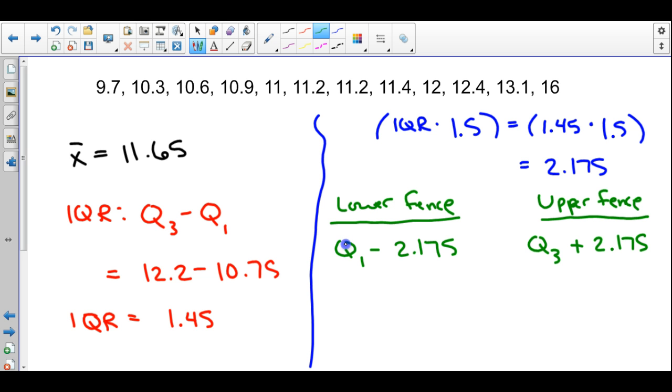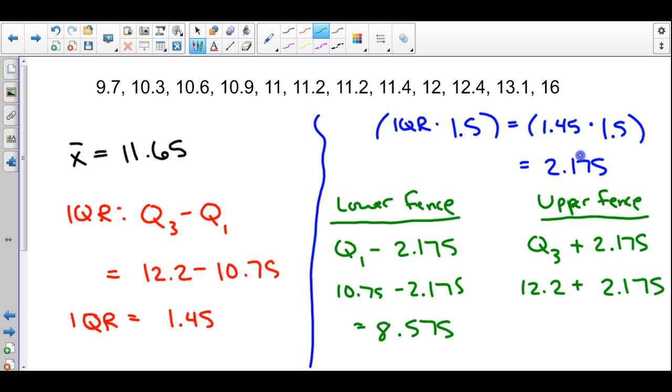So let me fill in a couple numbers here. If you go back in your data, Q1 is 10.75. So we're going to take 10.75 and subtract 2.175. A little subtraction: 10.75 minus 2.175 gives you a lower fence of 8.575. Then to calculate my upper fence, we're going to take 12.2, which was quartile 3, and add that 2.175 that we got earlier. So 12.2 plus 2.175 gives me an upper fence of